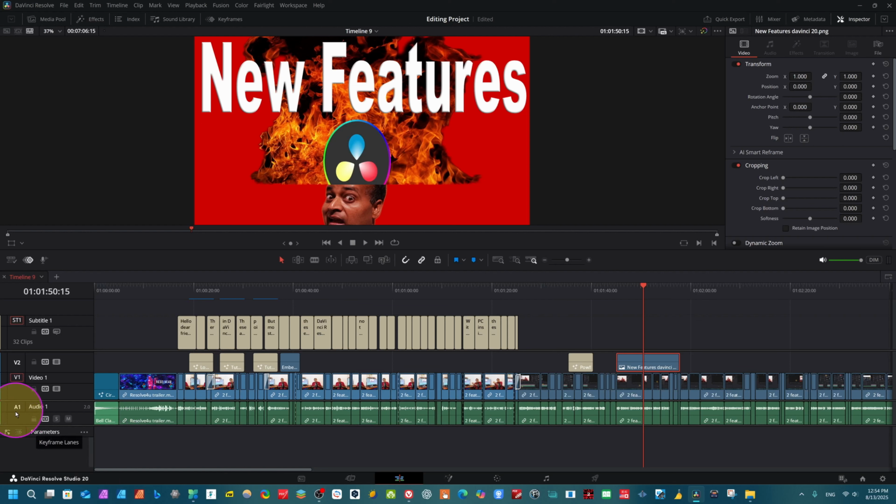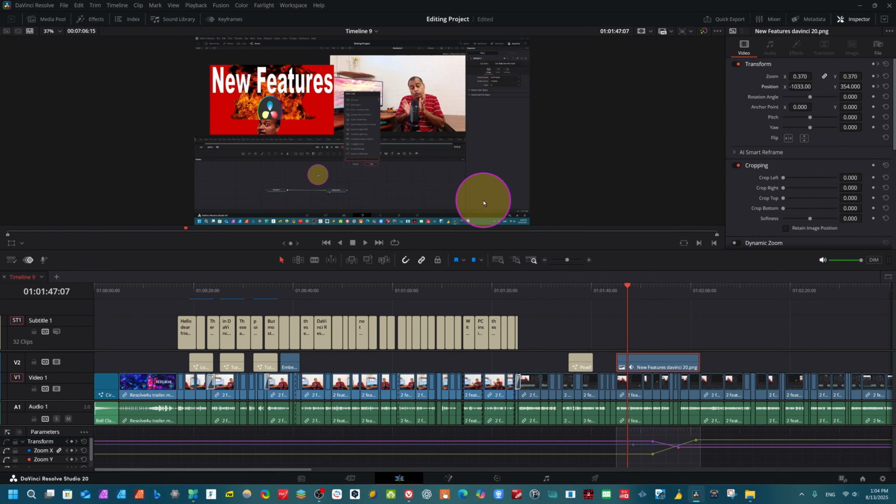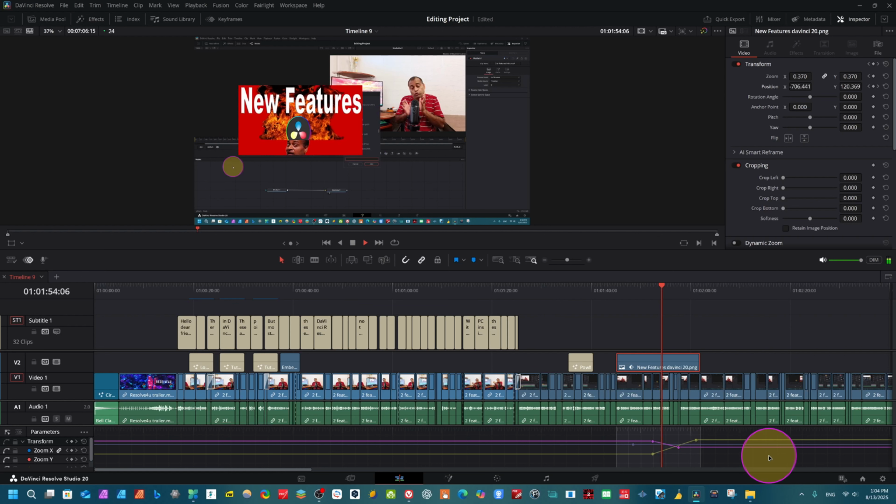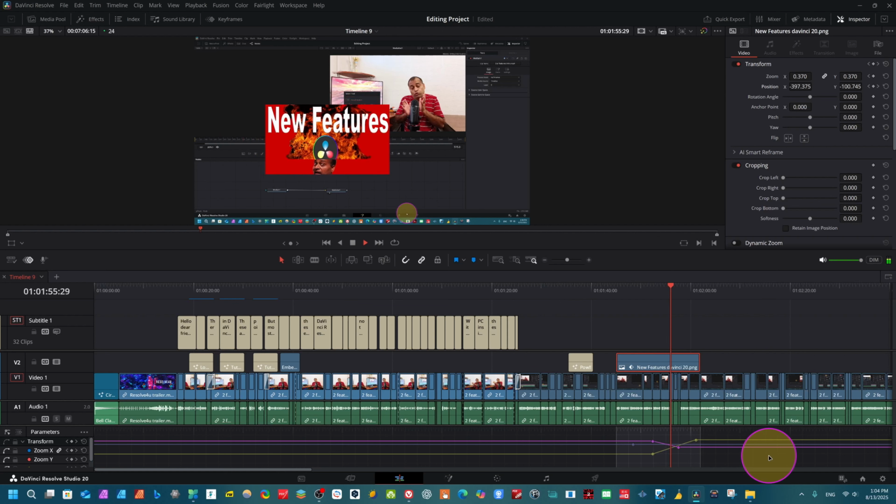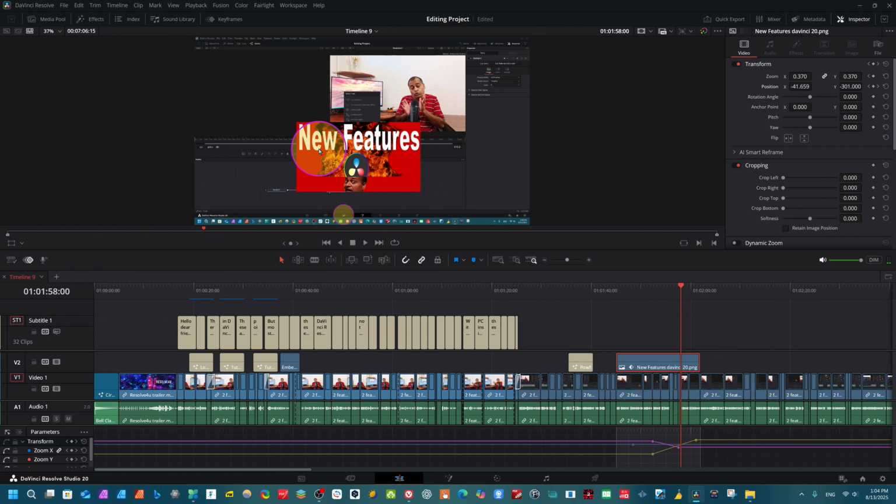You can see here, just click here. Now we have keyframe curve parameters here. You can see I have added keyframe to our photo. Let's play once, and now you can see all the effects of the Fusion page here. You will find here. But now these effects will work for every page, for audio, color page, here. So you can see we have animated this photo.